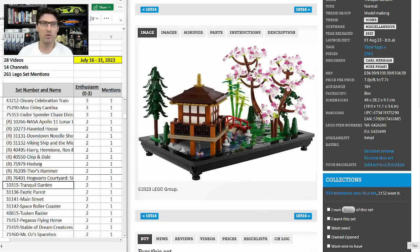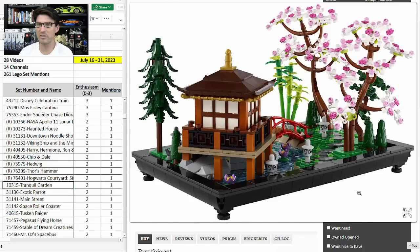And now the newer sets that got one mention with an enthusiasm score of 2. First is the Tranquil Garden, $110, over 1,300 pieces. This set is amazing looking. I want one for myself. The fact that each tree element can be pulled out and moved around to different locations on this display piece is really well done. But for investment purposes, we have to see how long of a shelf life it's going